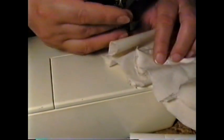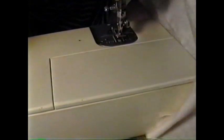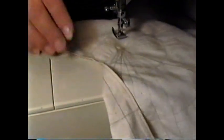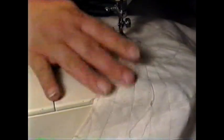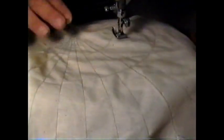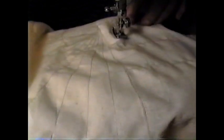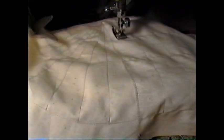Other edge, give it a little reverse lock. And now here we have our quarter lines sewn on here. You see that they go all the way around the tent. Okay, I'm going to just trim my loose threads off of this. And we're going to do one thing next that